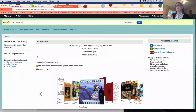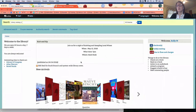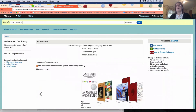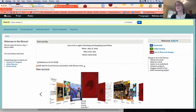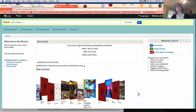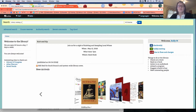Okay. Now, another new, probably small feature that a lot of libraries that are not a single branch, it's not really noticeable to you, but if anyone is using the news feature on the OPAC, you always see this RSS feed, and it would say RSS feed for the branch, and then it says system-wide library news. There was a bug that was submitted that asked that if a single branch had a news feed option, system-wide library news would just say South Branch Library News versus system-wide, because they are a single branch. I can't actually show you that at this point because the test site that I have is actually a multi-branch system. But it's good for those small libraries, and you'll notice when you get the 1711